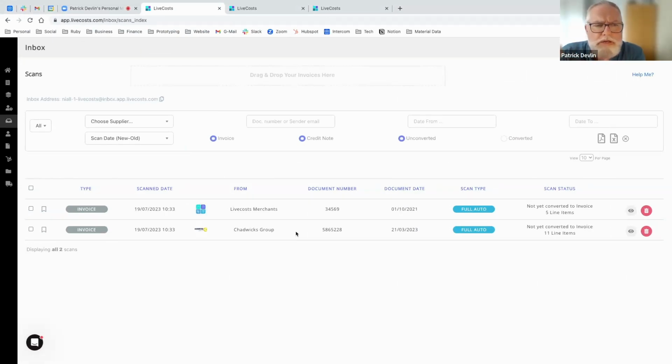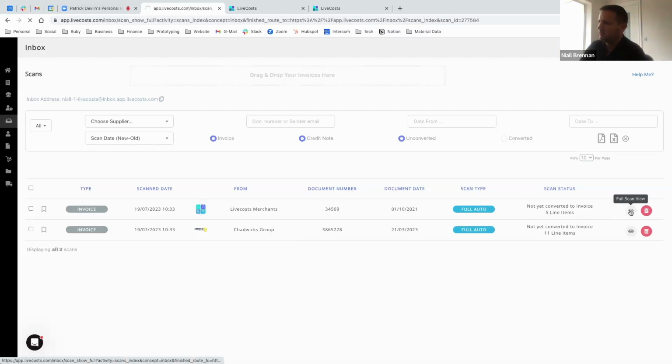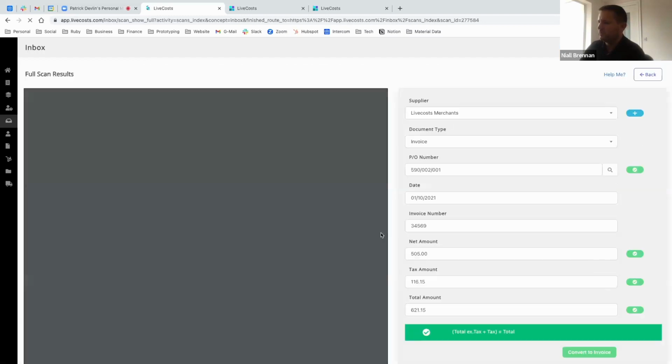I have another one here as well. Can you get full auto on subcontractor invoices? You can, to a point. The data that we're picking up here is generally used for a couple of reasons. Let me just dig into that. If we just go to this one here, for example,